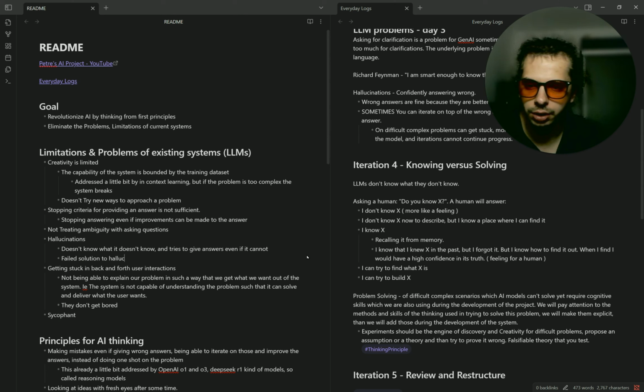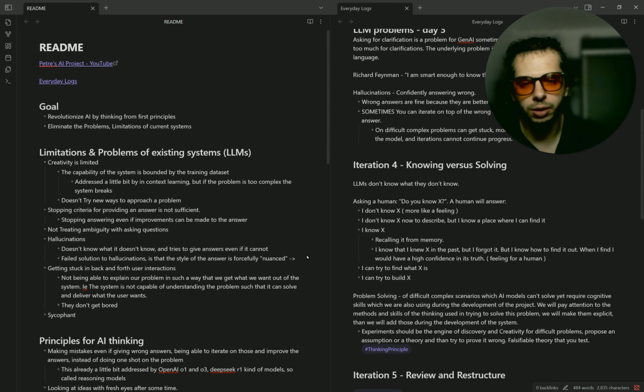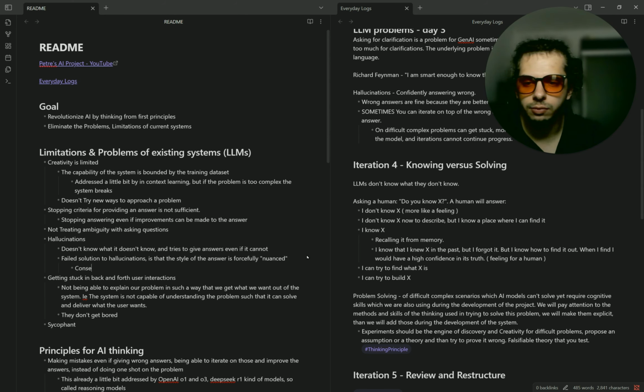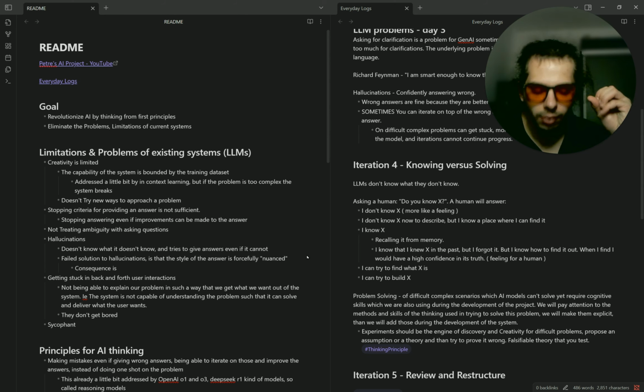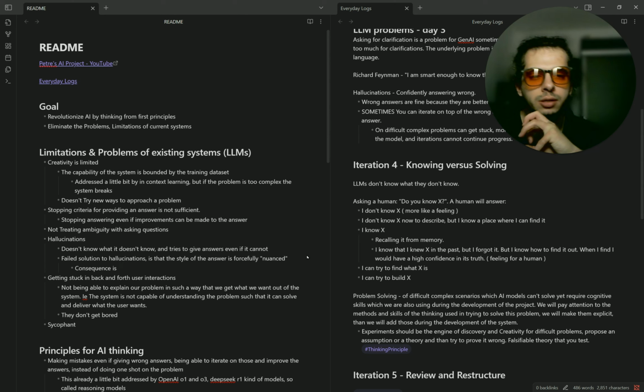And I want to include here that the style of the answer is forcefully nuanced. Because of that, the consequence is that you can't have the good parts without the bad parts. It's going to extremes. If you go to the extreme of always giving nuanced answers,